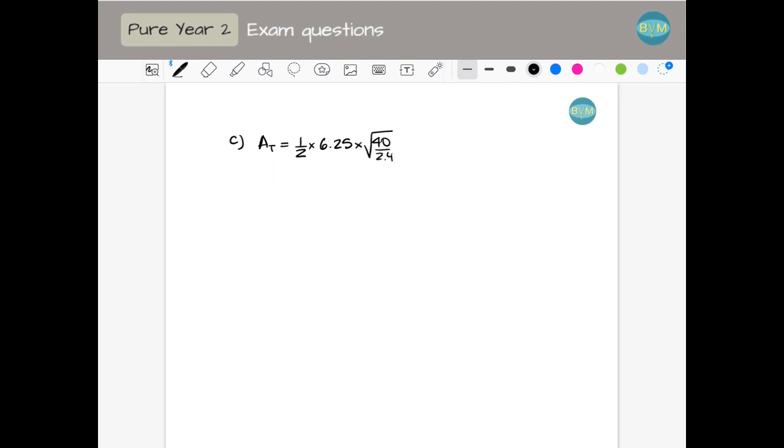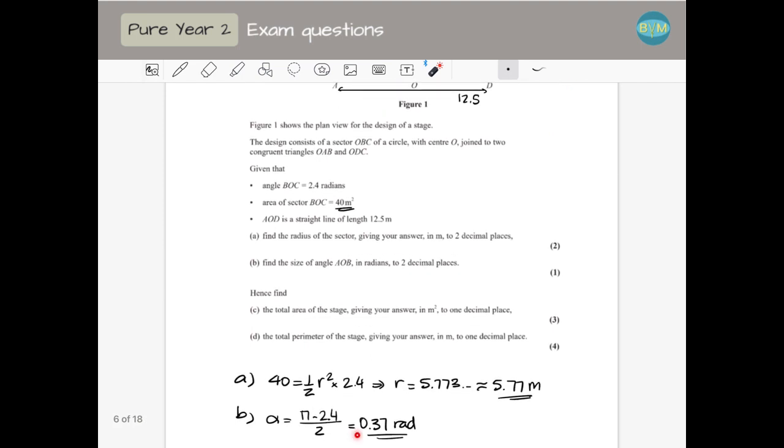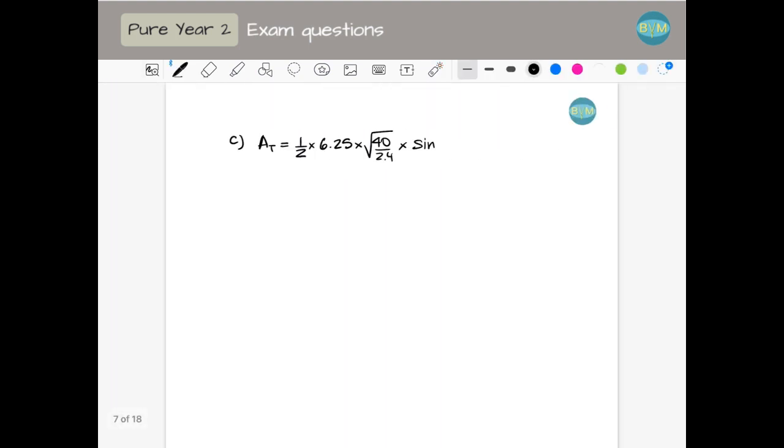Then times the sine of the angle, and again, calculator in radians because we are working with radians. I wouldn't write the 0.37 in the calculator. I would write the actual value and you round at the end, because if not, you're going to get some differences with their answer. And this is